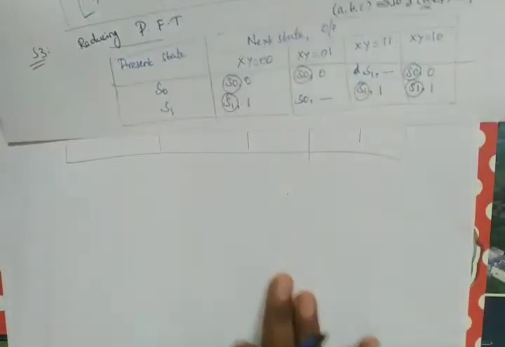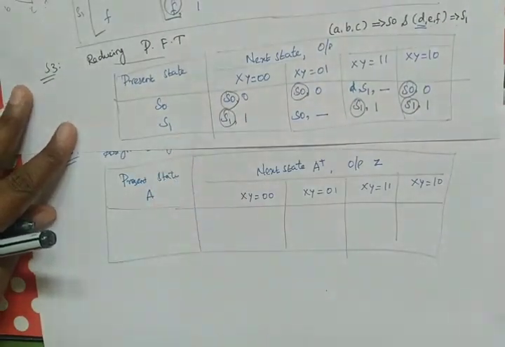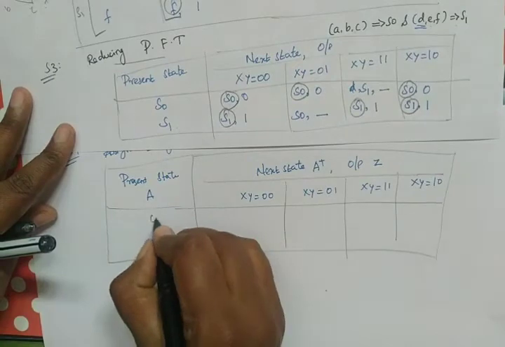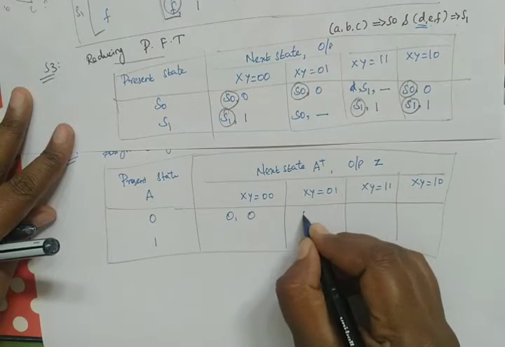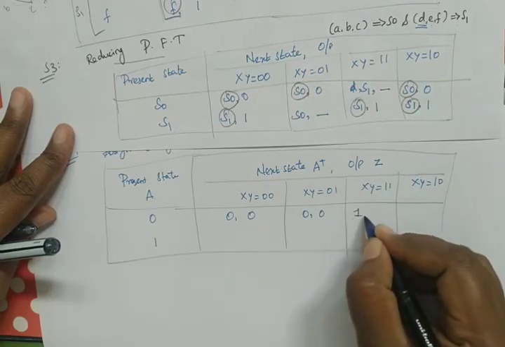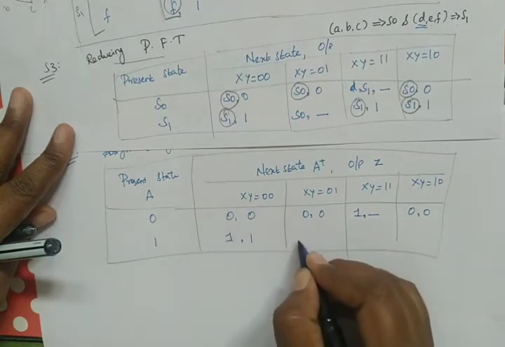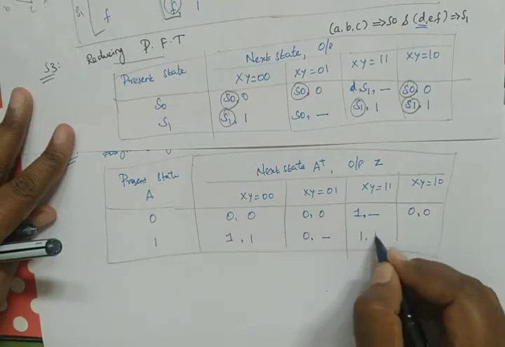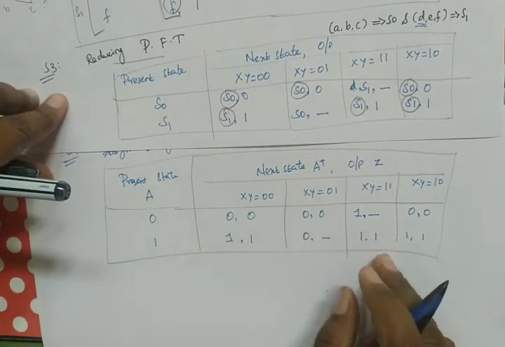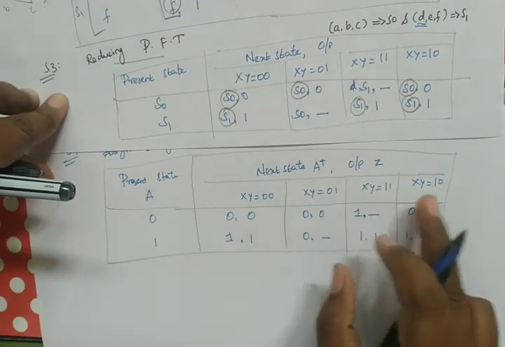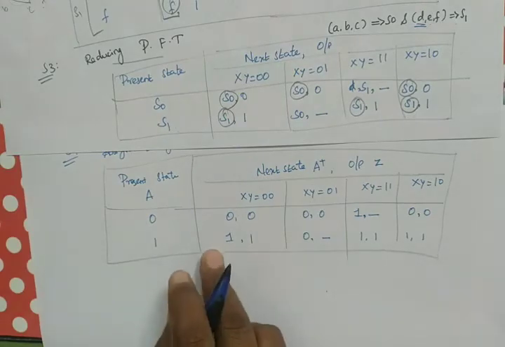Let us compare with this previous table. See here we have S0. So let us assign 0 for S0, 1 for S1. 0 comma 0. Then here it is 1 comma dash. Here it is 0 comma 0. And here it is 1 comma 1. It is 0 comma dash, 1 comma 1, 1 comma 1. This is our state assignment. This is based on race around condition, because here we have 00, 01, 11, 10. If you write 10, 11, then you get a race, critical race conditions. And this is for race free assignment.